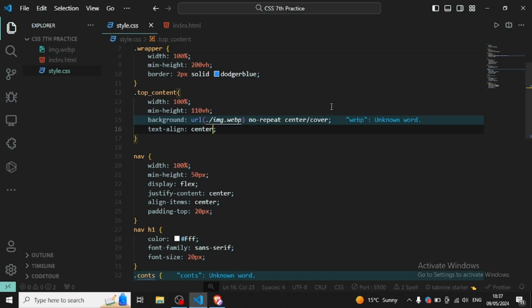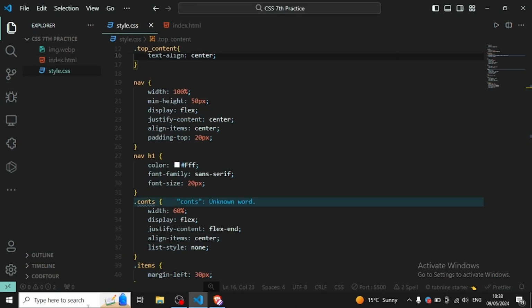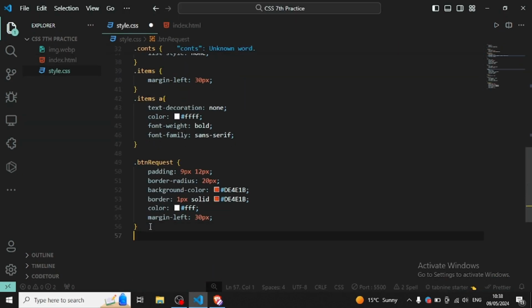And the next thing is I'm going to write for where. Okay, let's come over here. I have to give the class name for this because we have another H1 in here. So I will write name. Okay, and let's design. So come here and write down name, and the color, not column, color is FFF,